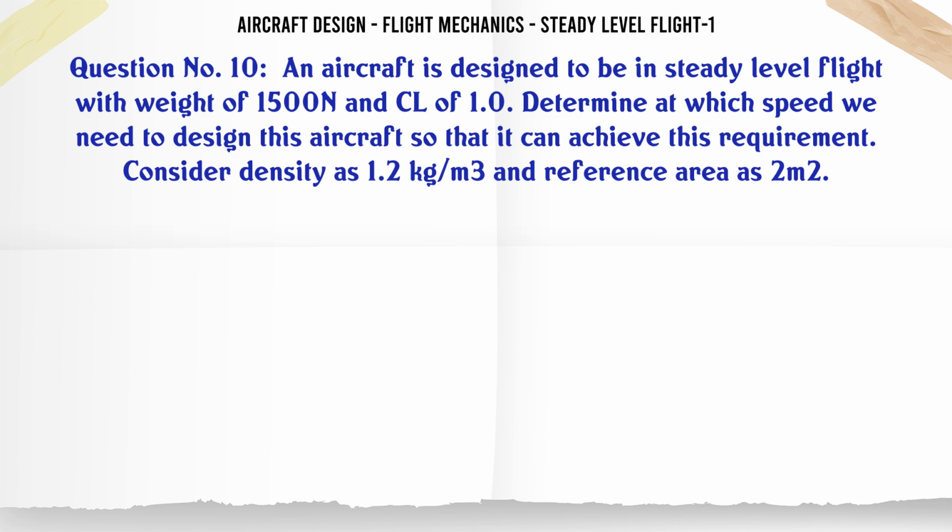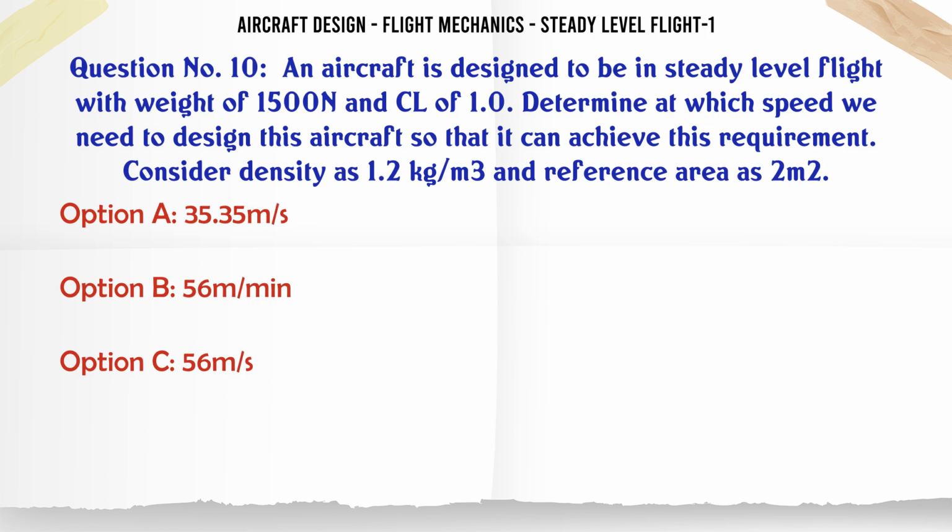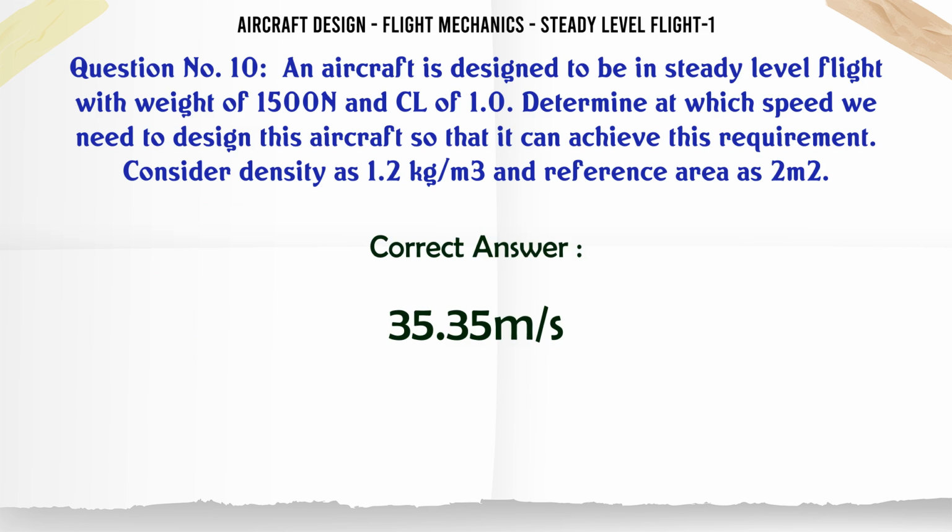An aircraft is designed to be in steady level flight with weight of 1500 N and CL of 1.0. Determine at which speed we need to design this aircraft so that it can achieve this requirement. Consider density as 1.2 kg/m³ and reference area as 2 m². A: 35.35 m/s, B: 56 m/min, C: 56 m/s, D: 70 km/s. The correct answer is